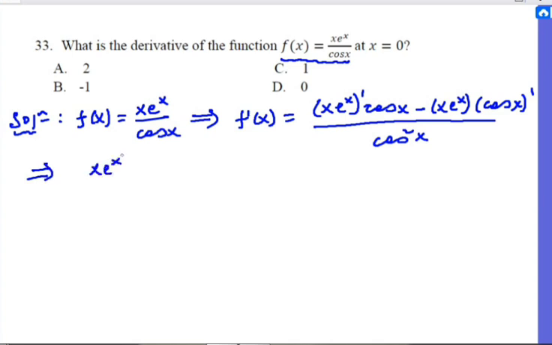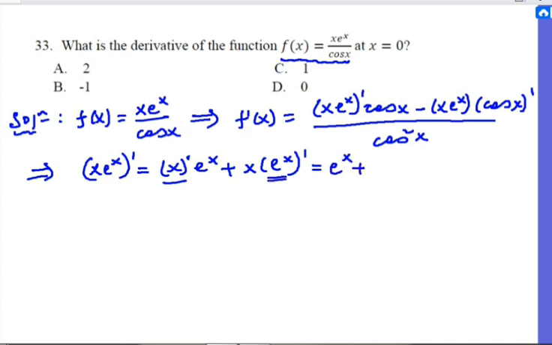x times e to the power of x by itself requires another rule. This is the product rule for derivatives. So x derivative times e to the power of x plus x times e to the power of x derivative. x derivative is 1. So 1 times e to the power of x is e to the power of x, plus e to the power of x derivative is itself, so we will write it as it is. So in place of this here, we will substitute e to the power of x plus x times e to the power of x. So our function becomes